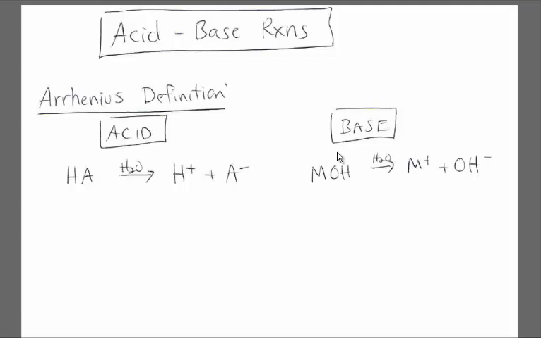Let's talk about certain types of acid-base reactions. We're going to use what's called the Arrhenius definition to talk about acids and bases. There are other definitions, but we're going to talk about Arrhenius. And under the Arrhenius definition, an acid is a molecular species of the form HA, where when you put